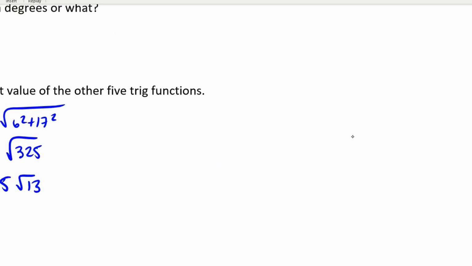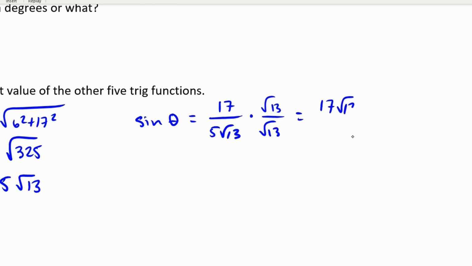So as I'm doing the other 5 trig functions, I'm going to start with sine of theta. And sine of theta is opposite over the hypotenuse, so that's going to be 17 over 5 square root of 13. And we want to rationalize this, so square root of 13 over square root of 13, and we get 17 square root of 13 over 65. So then that's going to be sine of theta. So cosine of theta